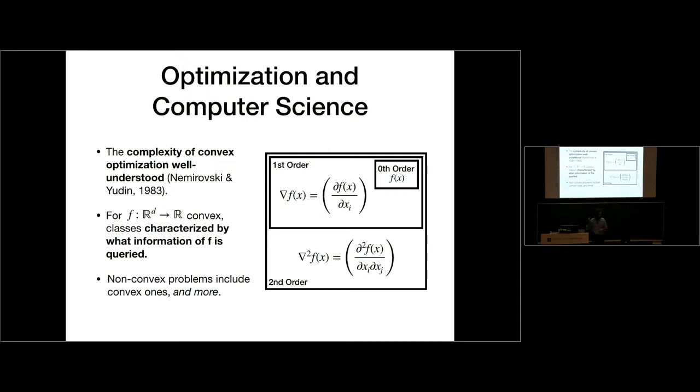Not only that, within months of them publishing this lower bound that says you can't go faster than a certain rate on this optimization problem, Nesterov famously matched it with his accelerated gradient descent. And so at least for that class, within that model, this sort of resolved the question of whether there are any useful optimizers left to find. And before you say, okay, that's all well and good, but I'm working on non-convex problems, so this doesn't really apply to me, I want to remind you that non-convex problems actually include convex ones and more. So you're not making your life easier, you're just making your life worse.